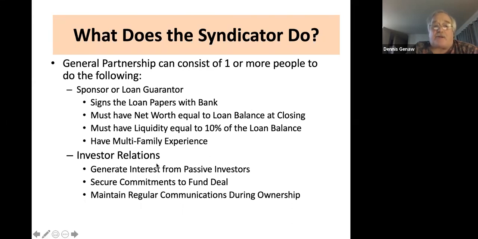The general partnership also does investor relations. You as a limited partner are going to want to be communicated with on a regular basis as to how the property is doing. And if something bad happens, and something bad will happen, you want to be told about it and you want to know what the plan is to fix it or remedy the issue. Whether it's a fire or a murder or who knows what, right? Pipes break somewhere, loss of income to whatever extent. You want to know that they have the ability to understand the problem and solve that quickly so that the property can go back to operating the way it was intended.